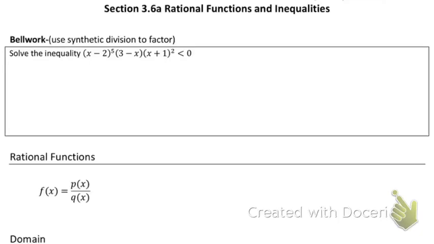A lead coefficient test. I need to know, is it going up? Is it going down? Is it doing this? Is it going like this? So I want to look at the very first term that would be possible. The highest power we would possibly have is, well, this is x to the fifth, this would be x to the first, and this would be x squared. So our biggest power would be 2 plus 1 plus 5, which would be x to the eighth, but we